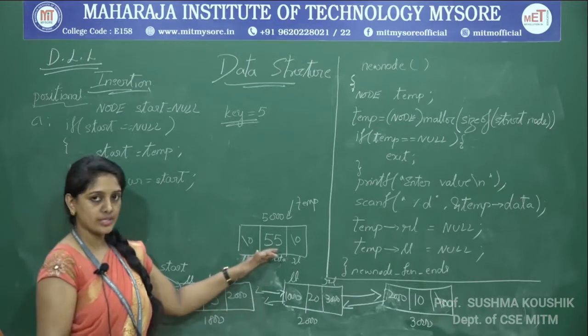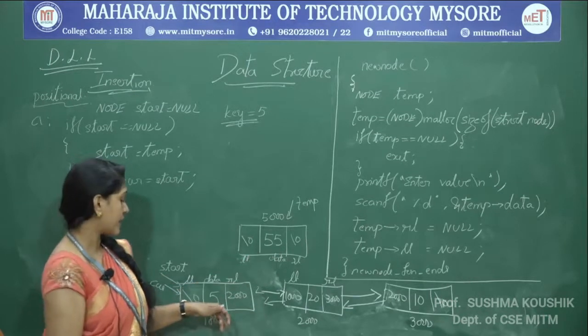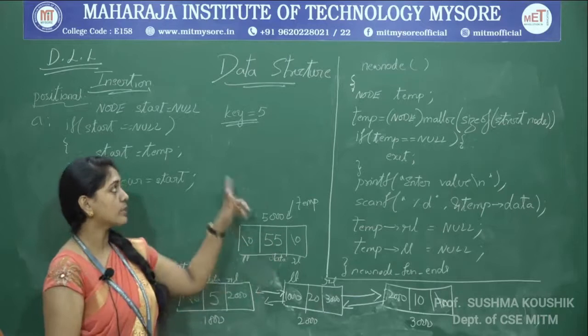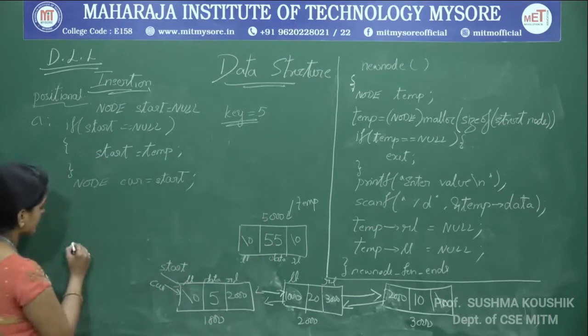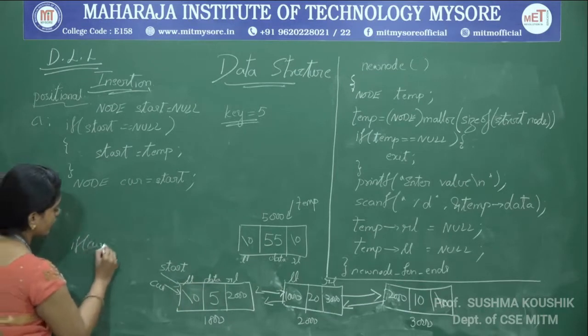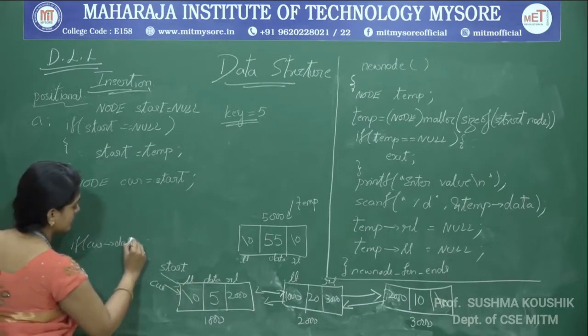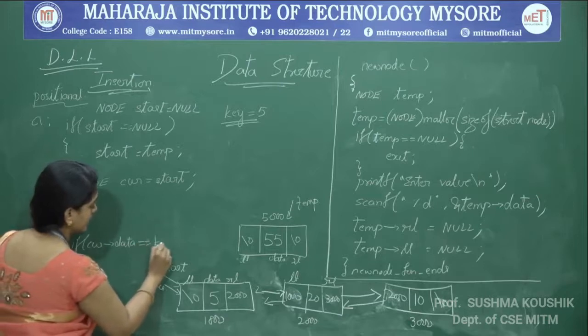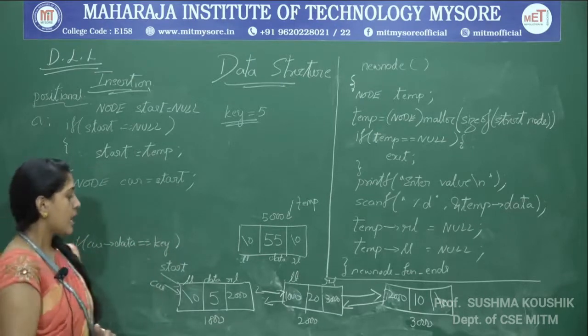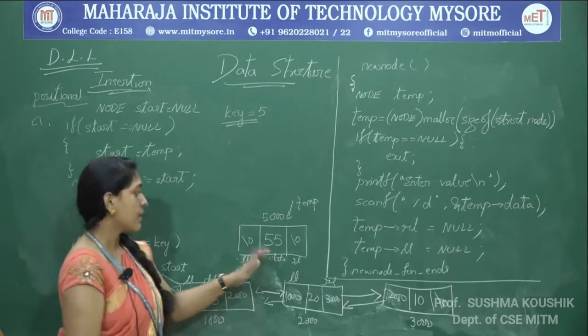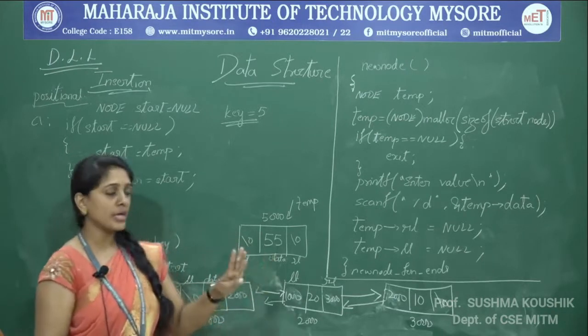Now we have to traverse at this point of time. Fortunately, it is the next node itself. So if I check whether current of data is equal to key, I will get the match. Since it is true, we can do the insertion directly. How do we do the insertion now? I have to alter 4 pointers.